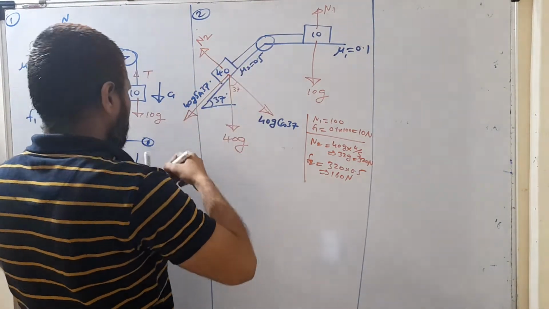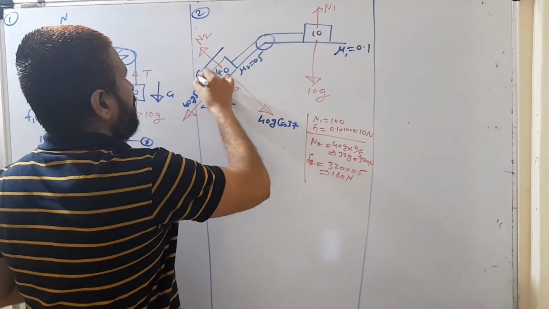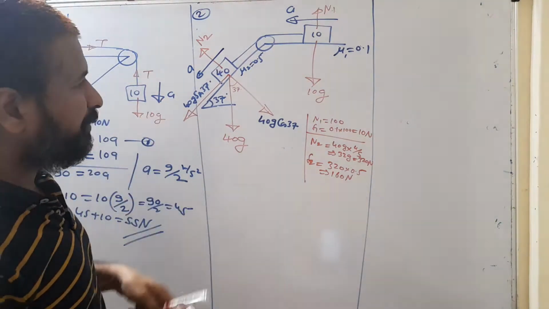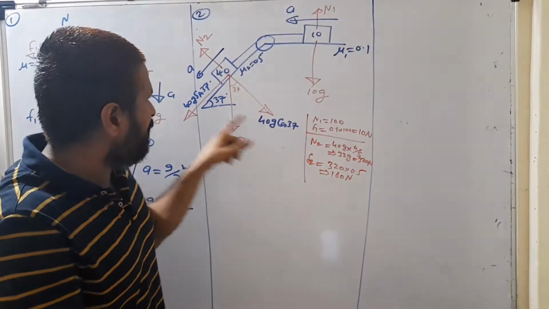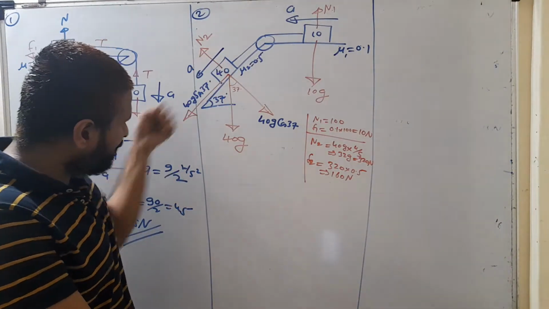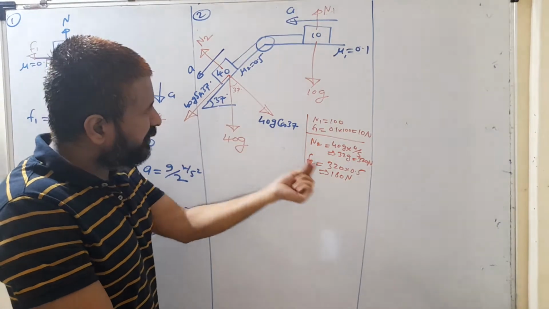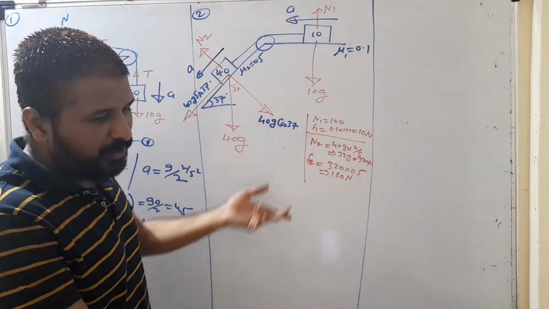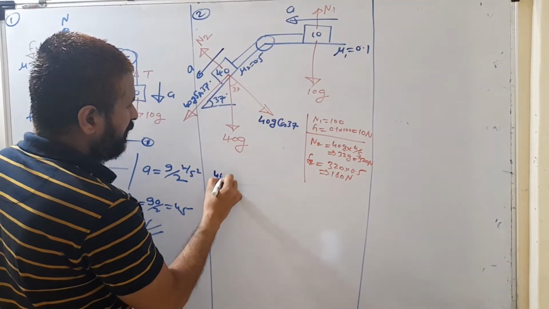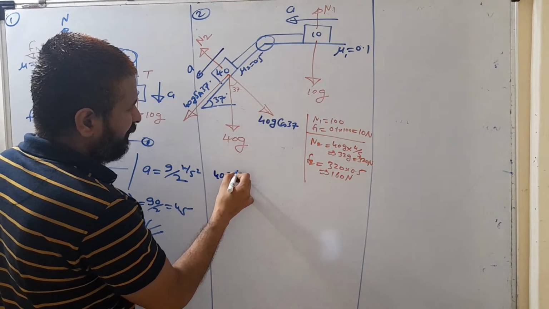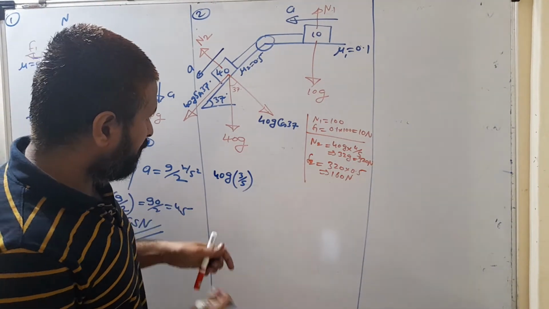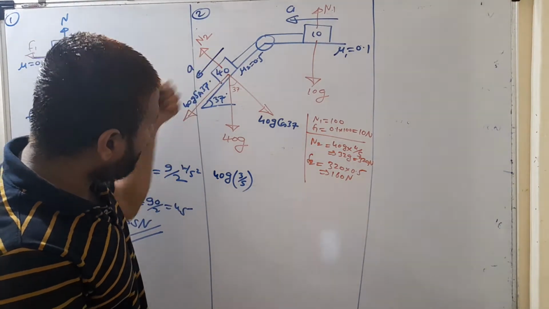तो ये अगर नीचे आता है, ये ब्लॉक नीचे आ रहा है, तो दिस ब्लॉक हैज टू मूव फॉरवर्ड. अब ये नीचे आएगा, ये हम कैसे सोचेंगे? इस पे फ्रिक्शन कितना है? 160 न्यूटन. जस्ट कैलकुलेट दिस फोर्स 40g sin 37 बिकॉज़ दिस 40g sin 37 इज फोर्सिंग दिस ब्लॉक इन डाउनवर्ड डायरेक्शन. तो अगर ये फ्रिक्शन से ज्यादा होगा तो ये नीचे आएगा, अगर फ्रिक्शन से कम होगा तो नहीं आएगा. If you are calculating this force, 40g sin 37 is what? 3 by 5. So what we are going to get? This is the force which is forcing this block in downward direction.